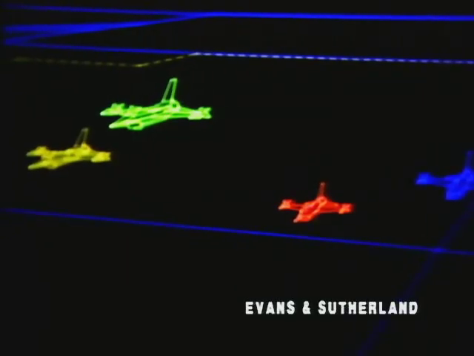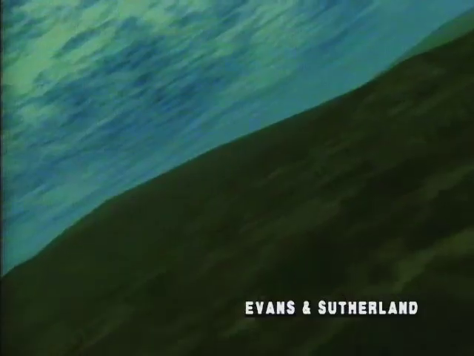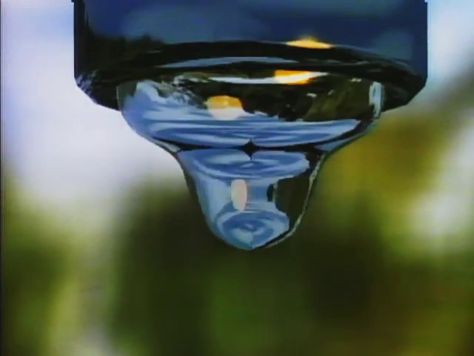The simulation of flight for training pilots was an early and important use of computer graphics. Today, with computer graphics, a wide variety of effects and looks are achieved, including simulation of reality.